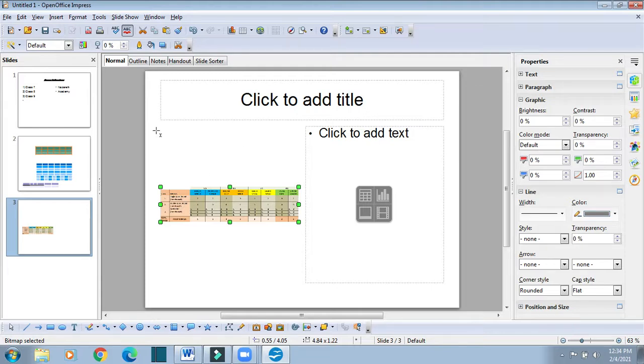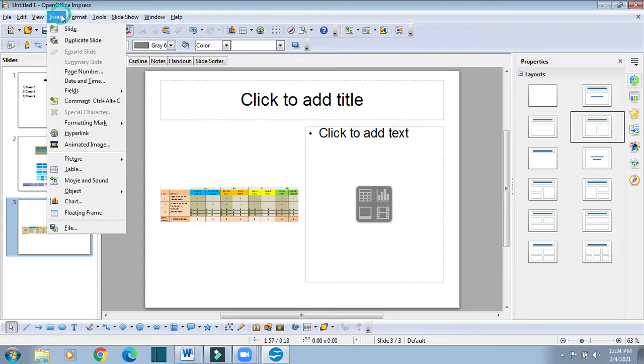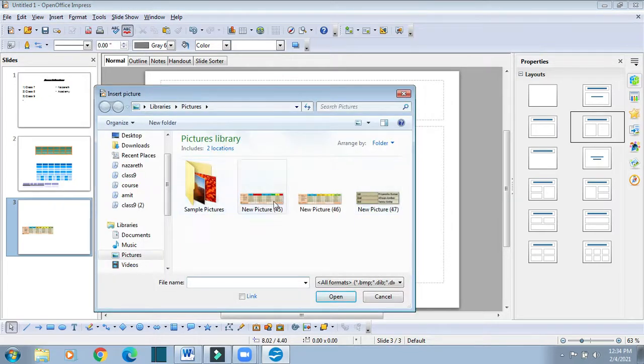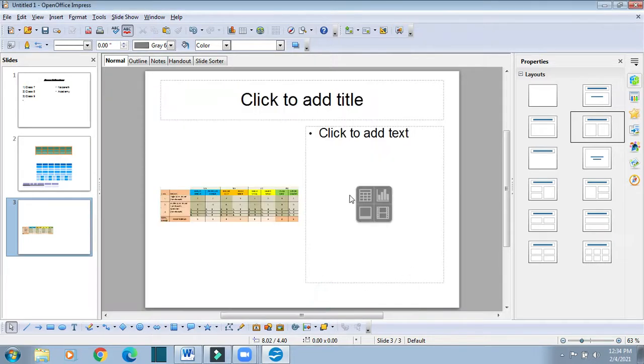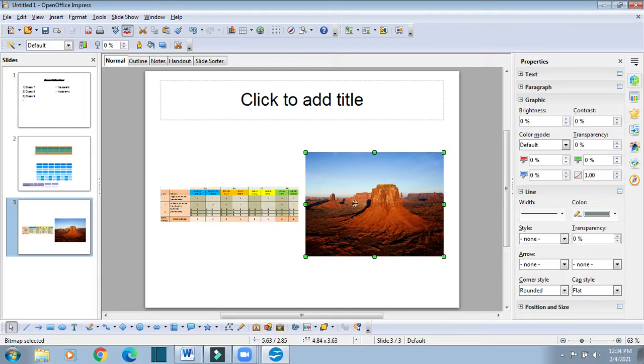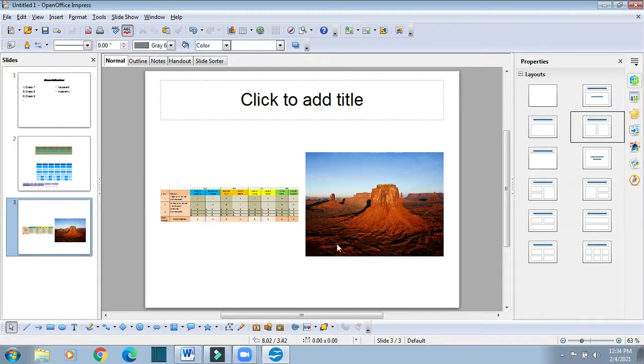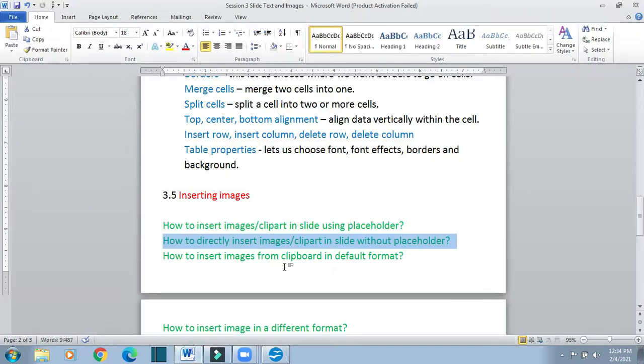So for inserting anything, you know very well, we go to insert, and from here we have the option picture, and from here we will click on from file. So it will take me here. Suppose I want to use this picture. I will just click here and then click on open. So we have not used the placeholder, but still we have inserted the picture directly without the use of the placeholder.